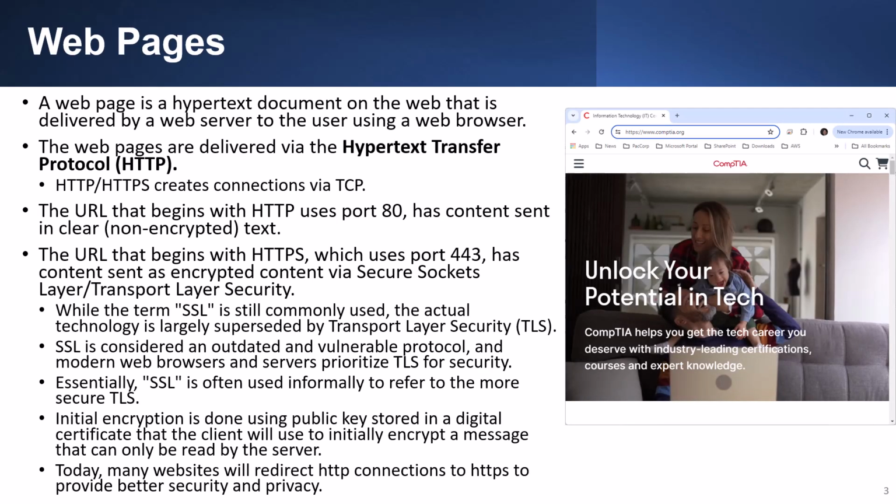A web page is a hypertext document on the web that is delivered by a web server to the user using a web browser. The web pages are delivered via the Hypertext Transfer Protocol, or HTTP. HTTP and HTTPS create connections via TCP. The URL that begins with HTTP uses port 80, and has content sent in clear, non-encrypted text. The URL that begins with HTTPS, which uses port 443, has content sent as encrypted content via Secure Sockets Layer or